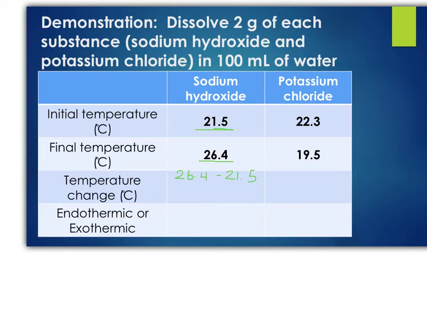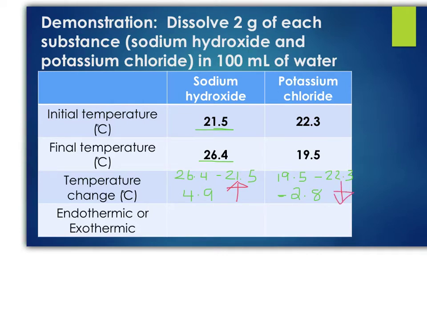That gives us a temperature change of 4.9. Whereas with potassium chloride, we had 22.3 degrees Celsius initially, and we went to 19.5. So our temperature change was, if we take 19.5 and subtract 22.3 from that, that will give us our temperature change. That's a negative 2.8. So here, with the sodium hydroxide, we saw that the temperature increased, whereas with potassium chloride,